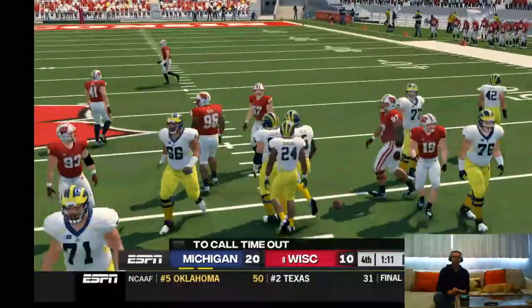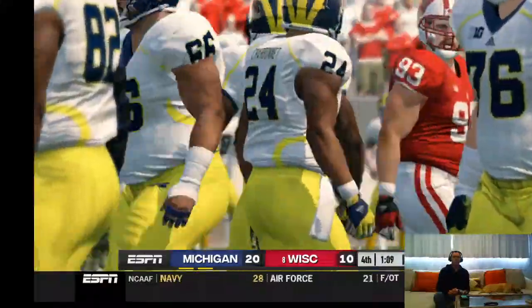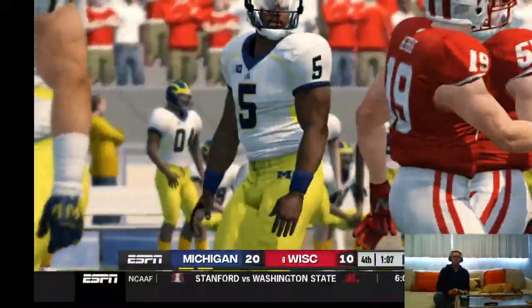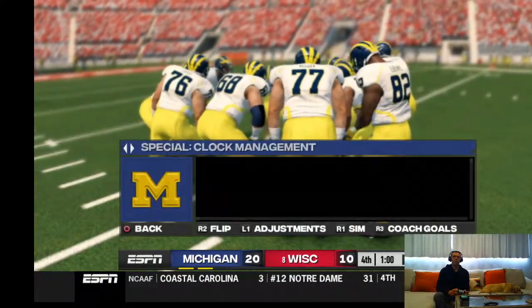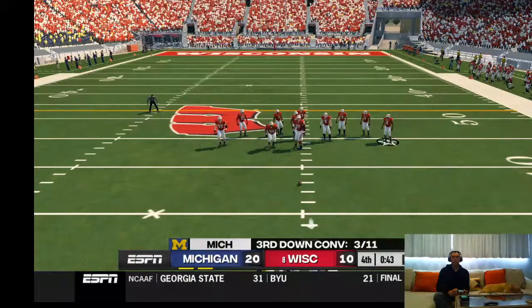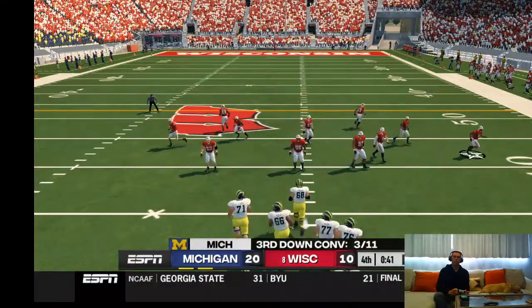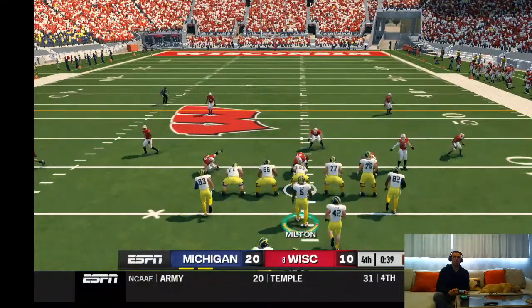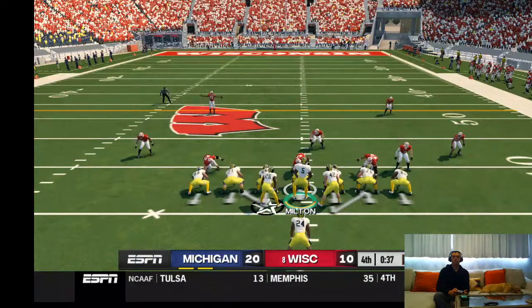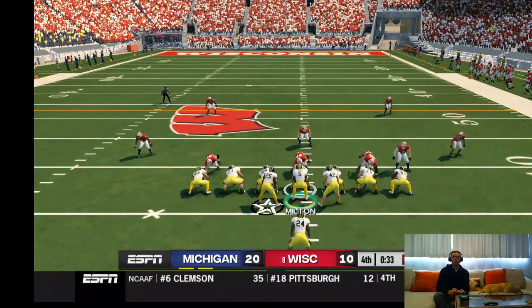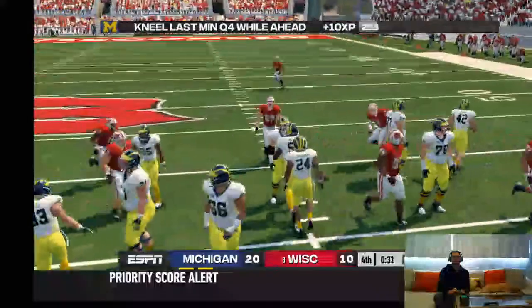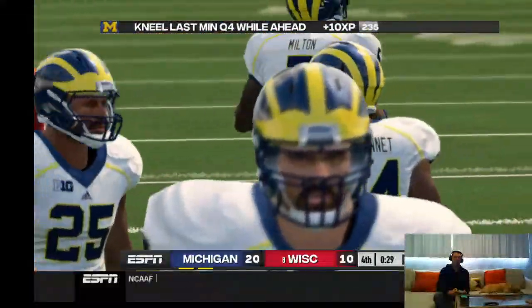Nothing more demoralizing for a defense than seeing the opposing quarterback take a knee. Under a minute left in the game. The offense lining up in a victory formation, and he takes a knee.